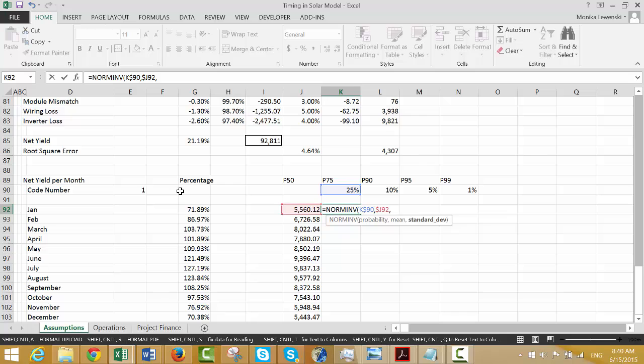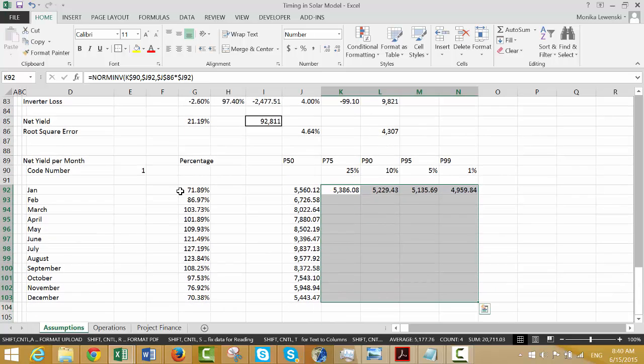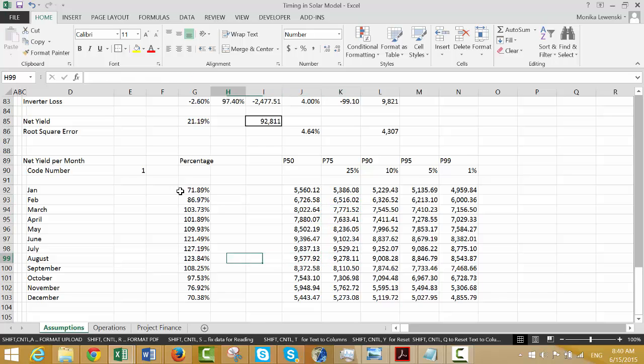And then the standard deviation, let's take this one times the mean. Okay, and we can put this all the way down. Then we have our different cases,